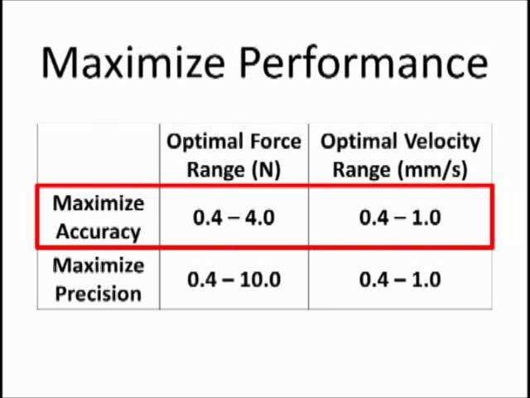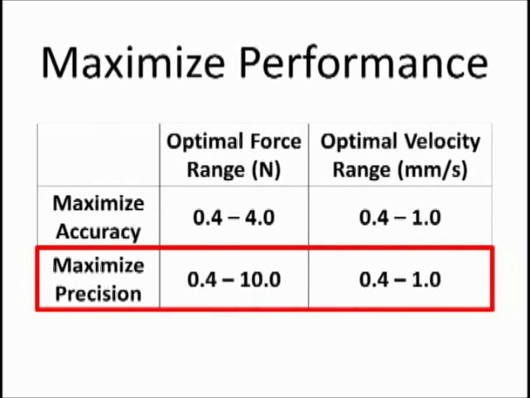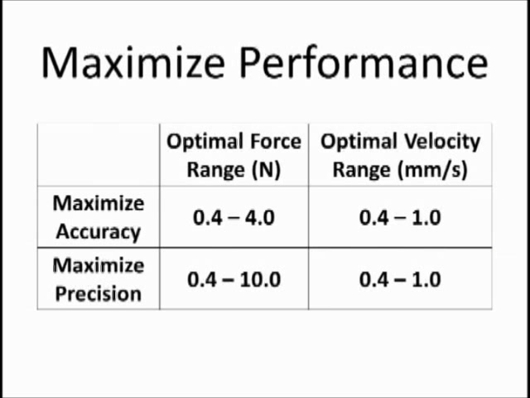To maximize velocity control precision, the optimal range of velocities is also between 0.4 and 1 millimeters per second, and the optimal range of forces is between 0.4 and 10 newtons. This shows that velocity control accuracy degrades at higher force levels, and good precision can be maintained through a larger